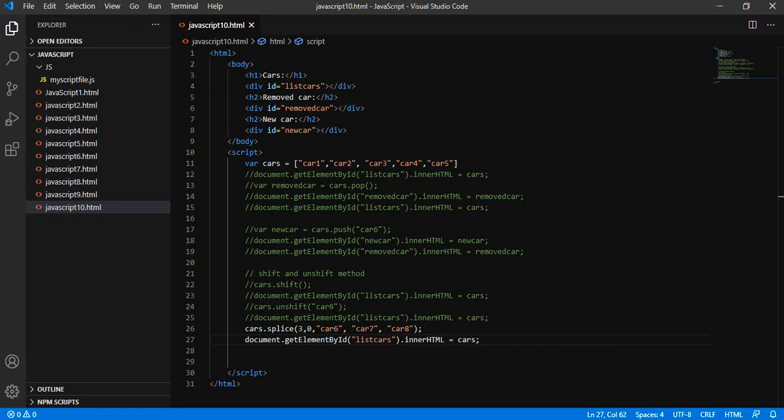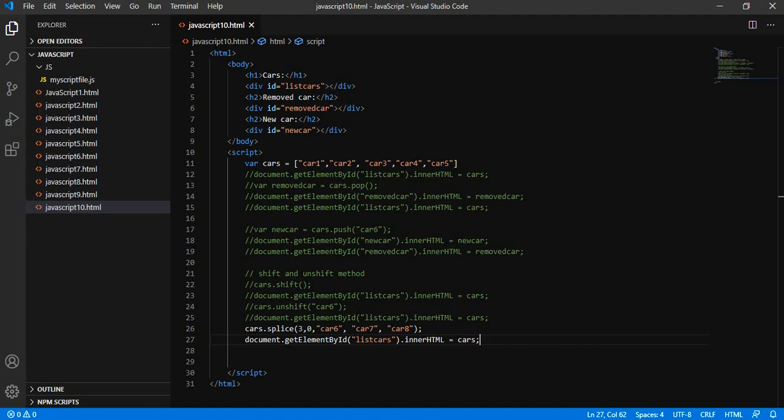The first parameter, 3, defines the position where the new element should be added. The second parameter, 0, defines how many elements should be removed, and the rest of the parameters, car 6, car 7, car 8, define the new elements to be added. The splice method returns an array with the deleted items.